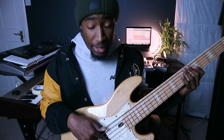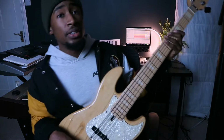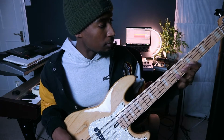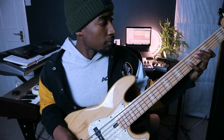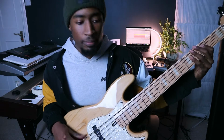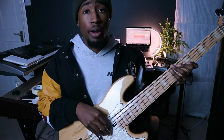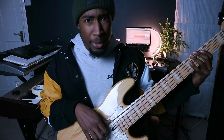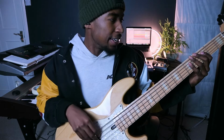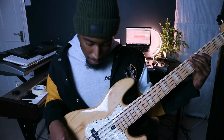Okay, so if I start with both pickups but playing towards the bridge, you'll have a sound something like this. Now if I move right up to the neck, we're going to have a much warmer sound, less top end, less cut in there. You got that? Compared to...